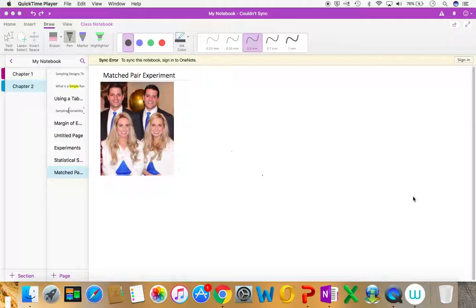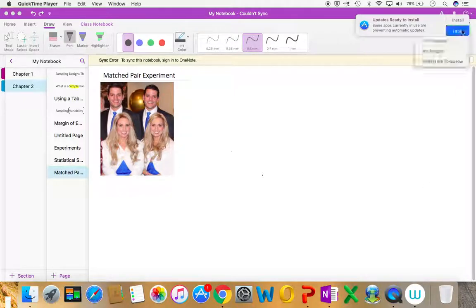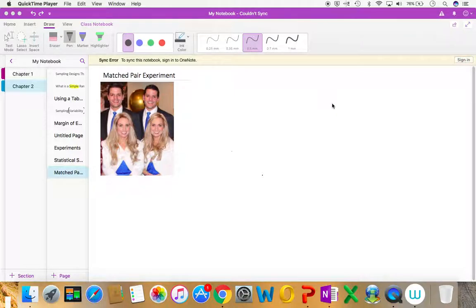A matched pair experiment is exactly what it sounds like. You want to try and match up your subjects into pairs, and the ideal way to do that is if you had twins, okay, and every single subject in your group was a twin. So obviously, most of the time that's not going to happen. You're going to have a group where there's 30 different people, there's 100 different people, there's 2,000 different people. But again, the goal is to try and match up those people into pairs and as similar into groups as